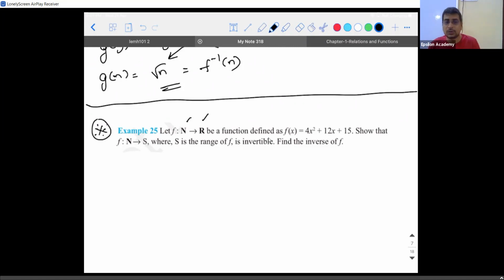So what they are trying to say is, f mapped from n to r will not be a one-to-one and onto function. So what you need to do is, on the codomain, you need to create a restriction so that it becomes the range. And that restriction is, from real number, you need to choose only the elements from set S which satisfy certain condition. Only then this function will be invertible. If it is invertible, find the inverse of f. So how are we going to do?